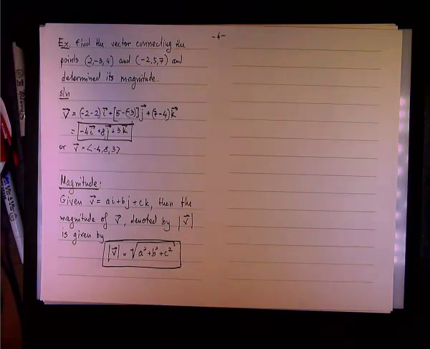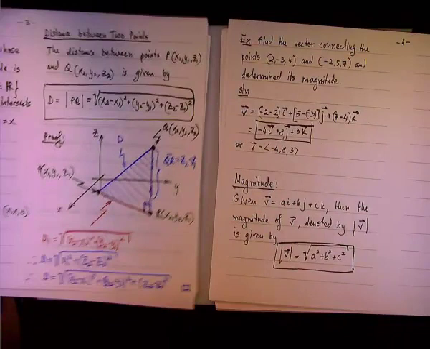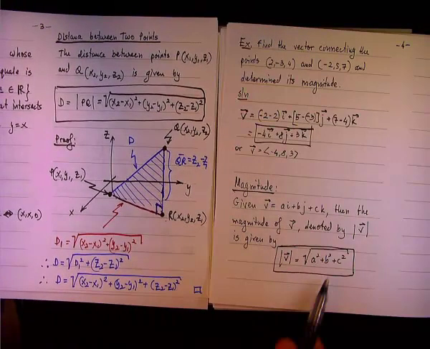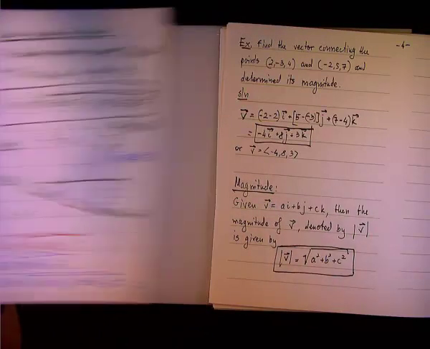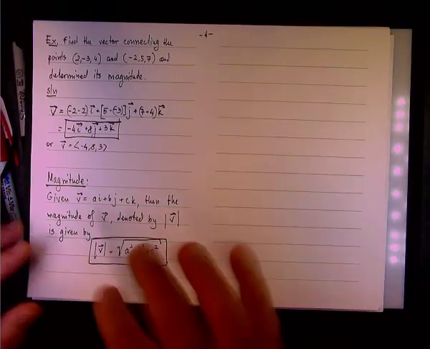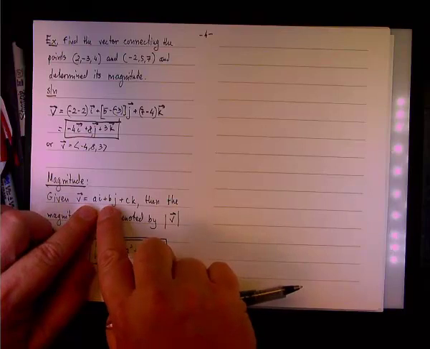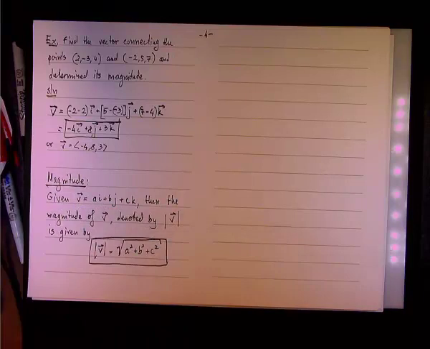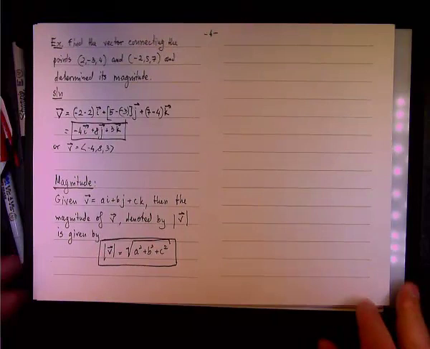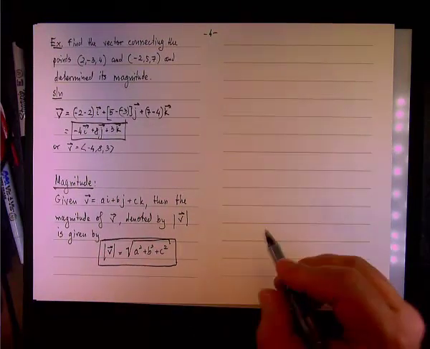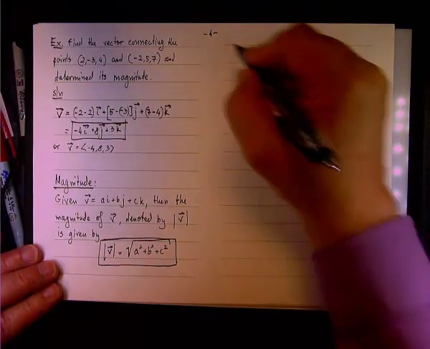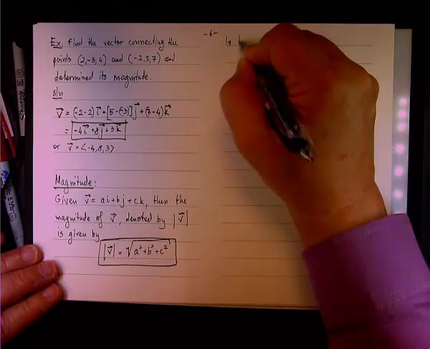Now, how do we obtain this result? If you look at the definition of the distance formula from last class, you can see that this is exactly what we have. The magnitude is the distance between the initial point and the final point, and a, b, c give you the different distance components. So a will be the difference between x2 and x1, b the difference between y2 and y1, and so on. So it's nothing but the distance formula. So going back to the problem, so in this case,